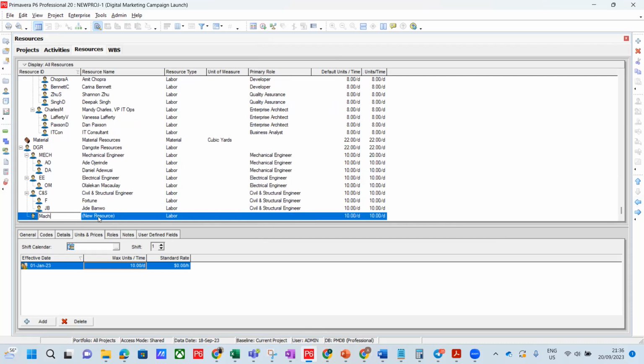Let's call it machine. So here you can drop down and change it to non-labor. That's what we want. It will still adopt the same calendar,